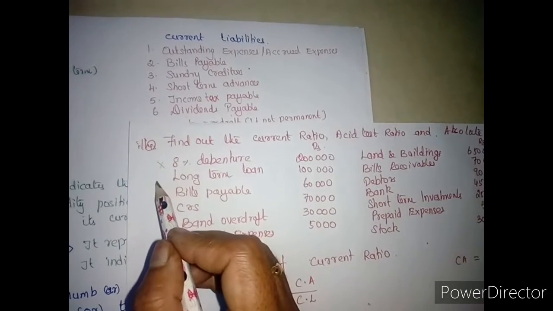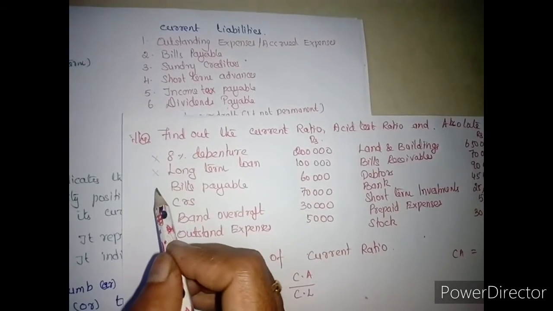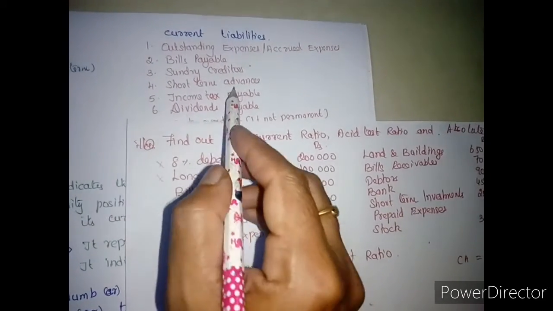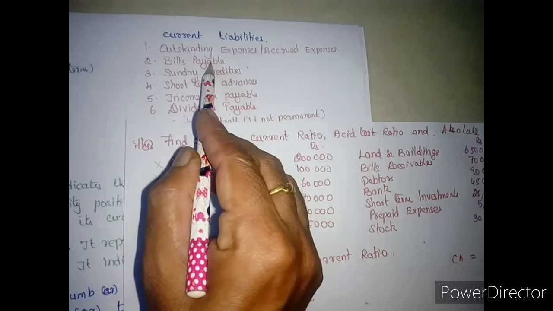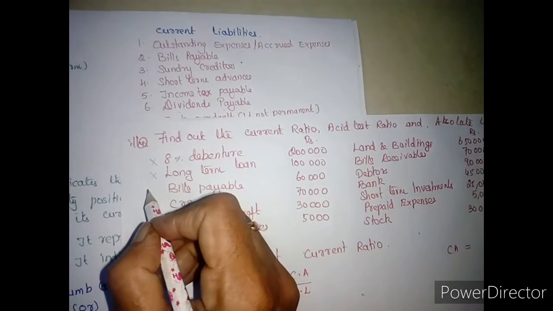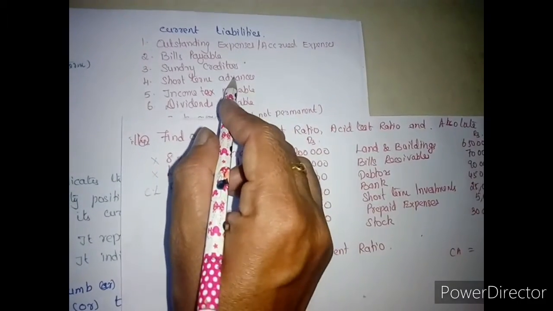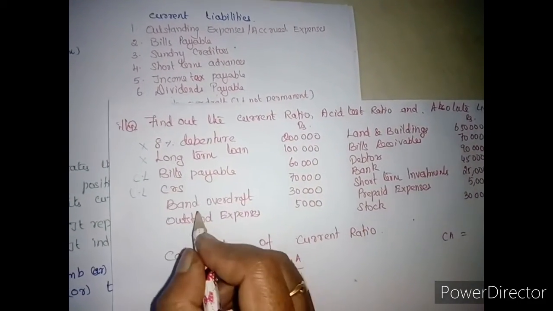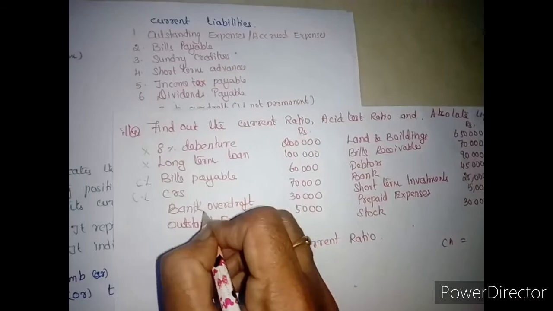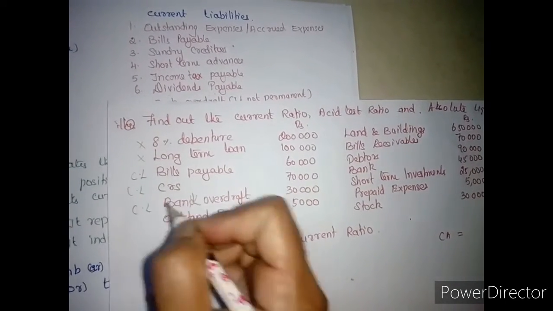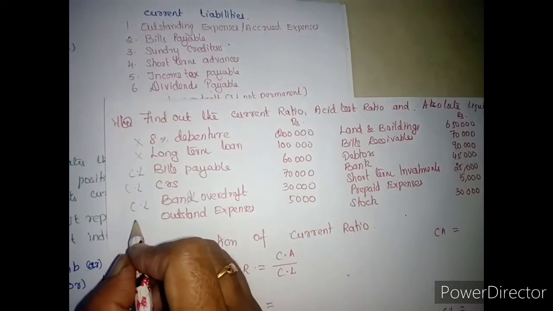Long term loan is a long term liability, so we need not take it. Bills payable is a short term liability, so current liability. Creditors, current liability. Bank overdraft, current liability. Outstanding expenses,